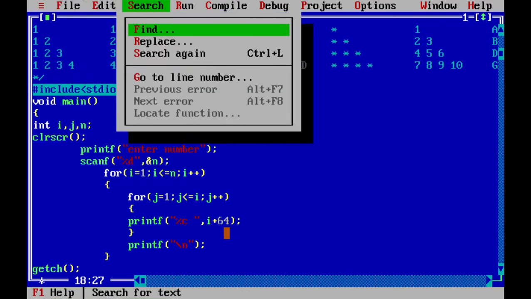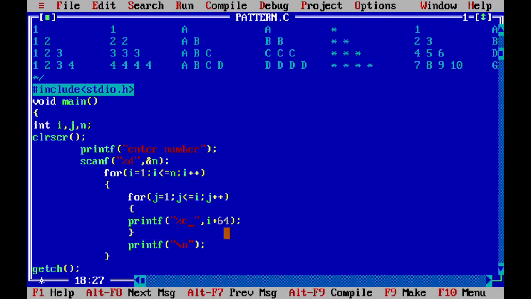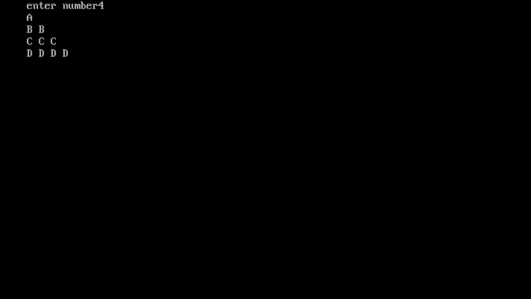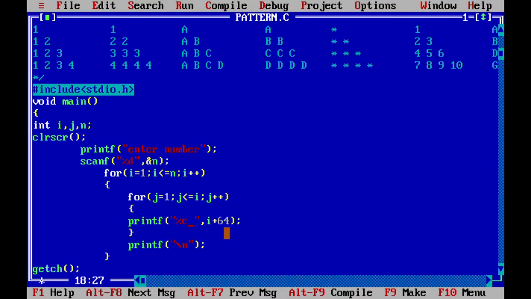Just compile your program and run it. Now you can see this output, it shows this pattern. Now next one is I want to print the star star. Just like we did printing A, in the same way you have to just put the star here. You only have to write the star here. It means this star is constant, the same thing to print, I don't have to increment anything.